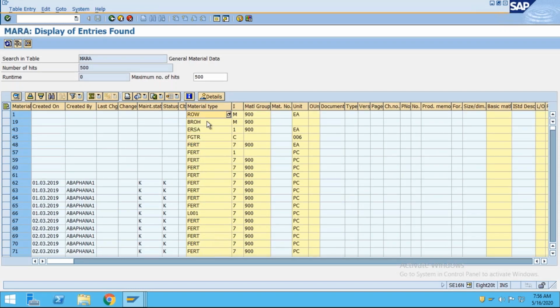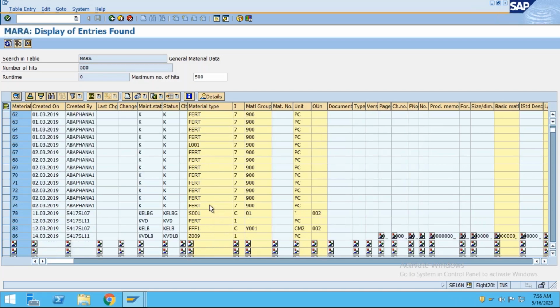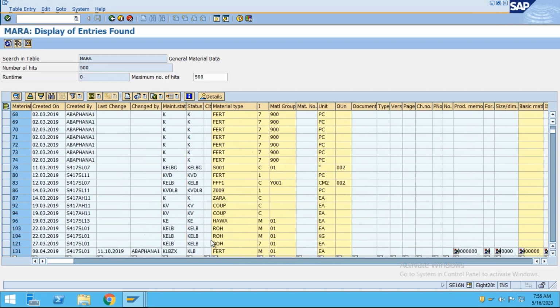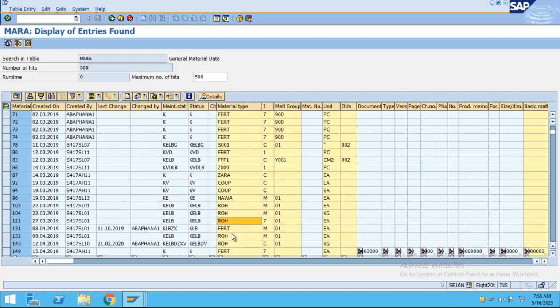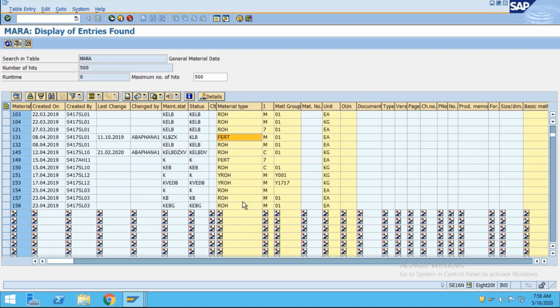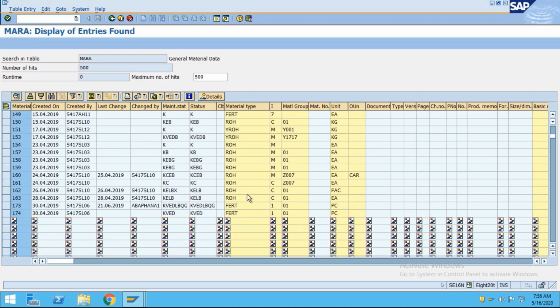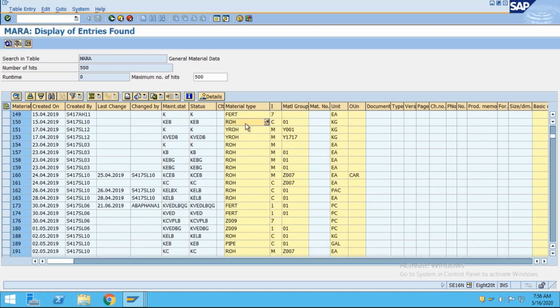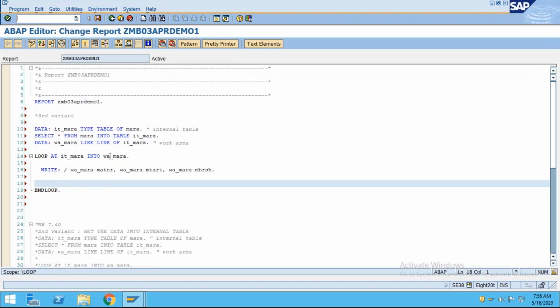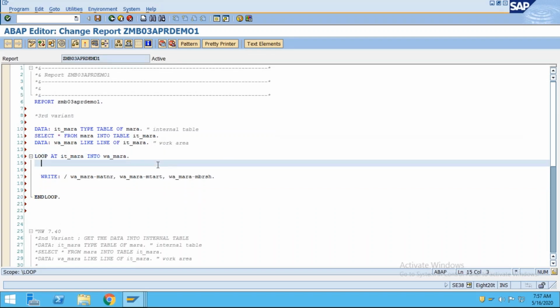Okay, so ROH, FERT means finished good, right? Finished good. And similarly ROH is for the raw material. Similarly some different descriptions are there, right? ROH raw material, FERT finished good, and similarly HALB we are having semi finished, right? So what I want, wherever the raw material is there, I want to give the description as raw material. Wherever FERT is there, I want to give the finished good. Okay, so for that purpose, what we used to do over here, we used to prepare, or maybe here we used to write